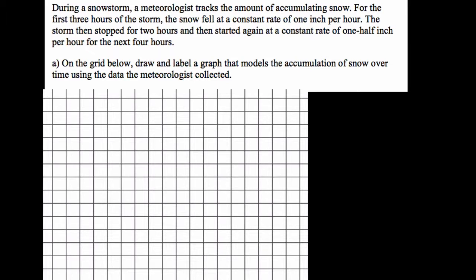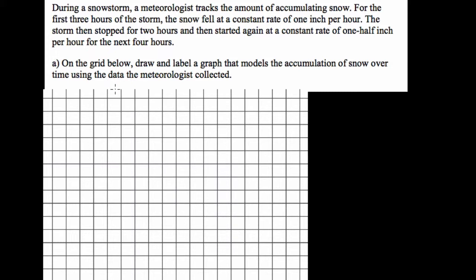Okay, in this video we're told that during a snowstorm, a meteorologist tracks the amount of accumulating snow. For the first 3 hours of the storm, the snow fell at a constant rate of 1 inch per hour. The storm then stopped for 2 hours and then started again at a constant rate of 1/2 inch per hour for the next 4 hours. On the grid below, draw and label a graph that models the accumulation of snow over time using the data